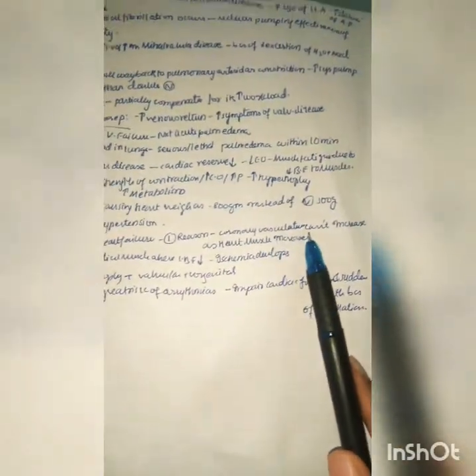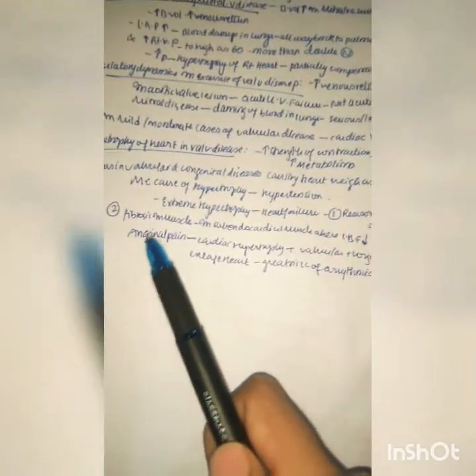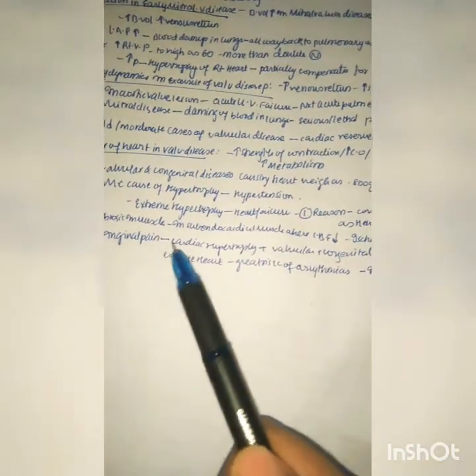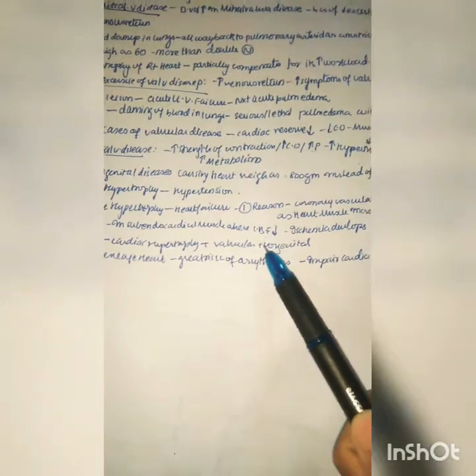There are two reasons. The first reason is that the coronary vasculature can't increase as the heart muscle increases. We already discussed this: whenever the ventricle undergoes hypertrophy, there is a decrease in coronary blood flow. So this is the main reason. And the second reason is fibrosis in muscle. There may be fibrous tissue formed in the muscle, especially in some endocardial muscle. They adhere, and because of this there is a decrease in coronary blood flow, leading to ischemia. Whenever there is low blood flow, it may lead to ischemia.